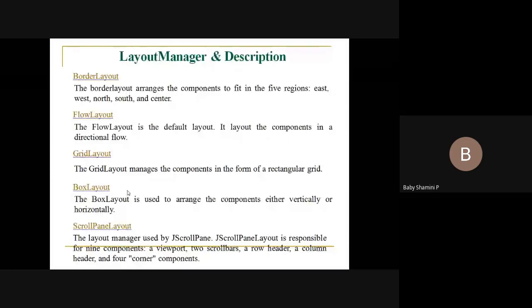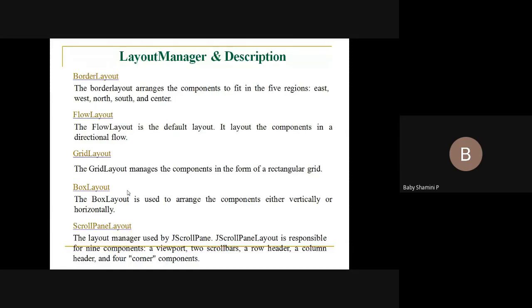The GridLayout forms a rectangular grid and allocates each and every component in the rectangular grid. The next one is BoxLayout. It is used to arrange the components either vertically or horizontally. And ScrollPaneLayout: if you want to use a scroll bar, we have to use the scroll pane layout.